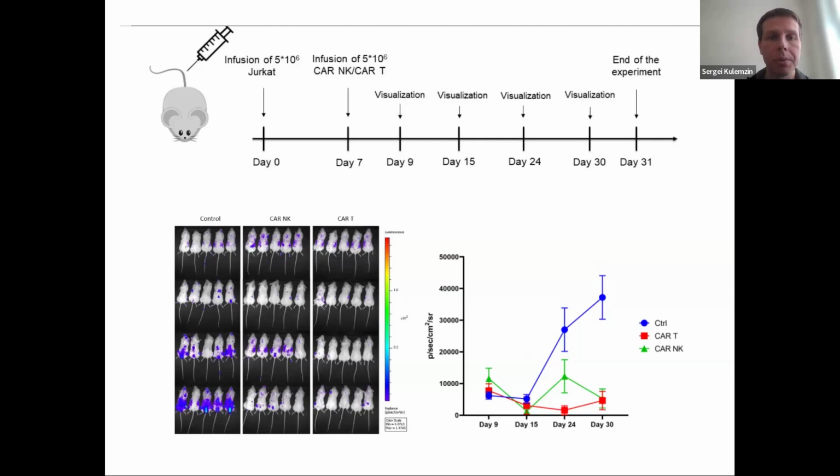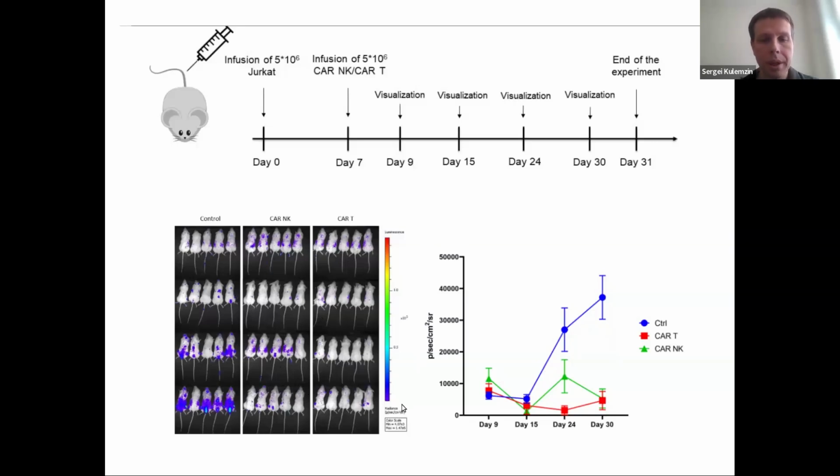Then we infused model animals with surrogate cells labeled with GFP and luciferase. And in 7 days, we infused model animals with either CAR NK cells or CAR T cells and proceeded to visualization. So to our surprise, CAR NK cells were less efficient in eliminating T cell tumors compared to CAR T cells. We see that at some moment, CAR NK cells weren't able to control tumor growth. Then they were controlling tumor growth a bit, but still overall efficacy of CAR T cells was much better